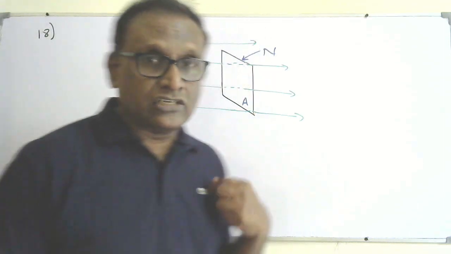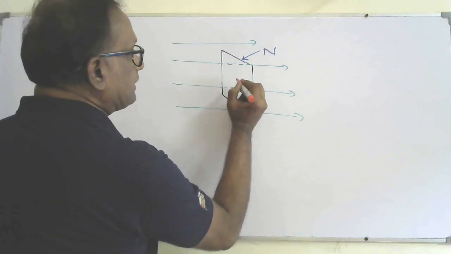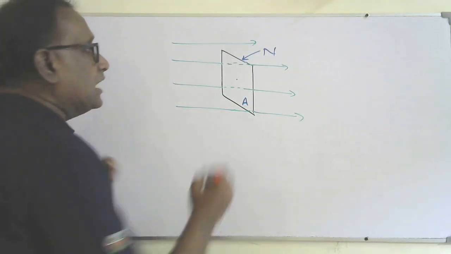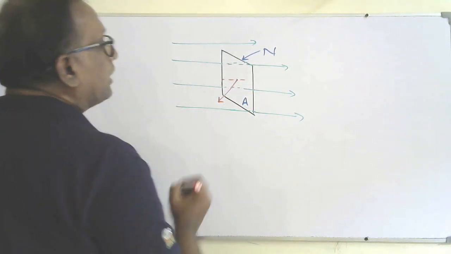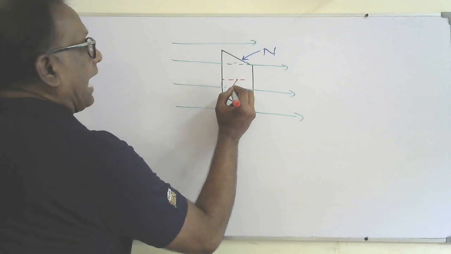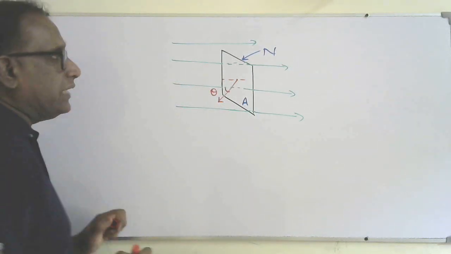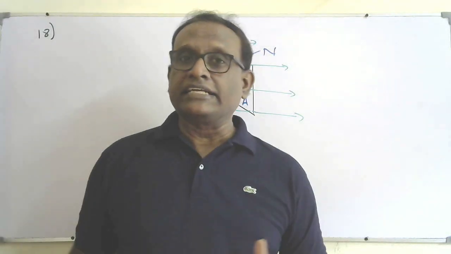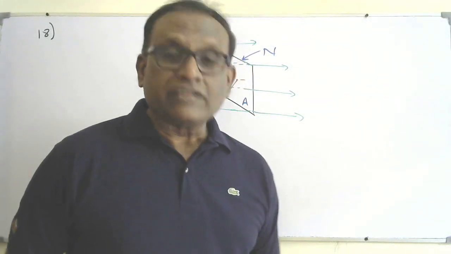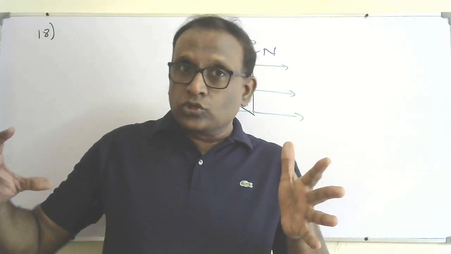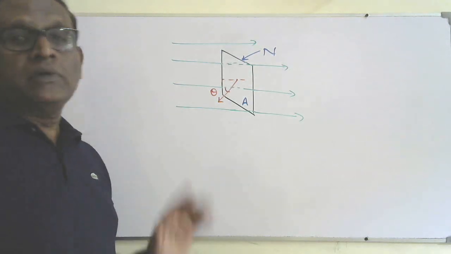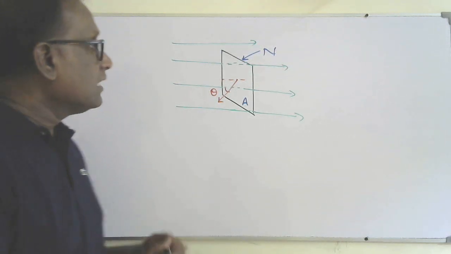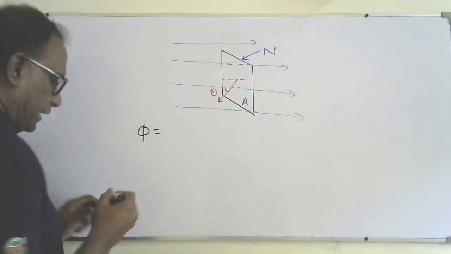Normally, the angle is measured with the normal to the plane. So we consider a unit vector, or a normal to the plane of the coil. If I consider this is the normal to the plane of the coil, this angle is theta. The magnetic flux linkage means we should consider the field lines perpendicular to the plane of the coil. So if the angle between the direction of the magnetic field and the normal to the plane of the coil is theta, the magnetic flux linkage is given by,